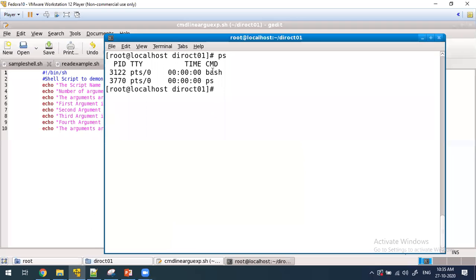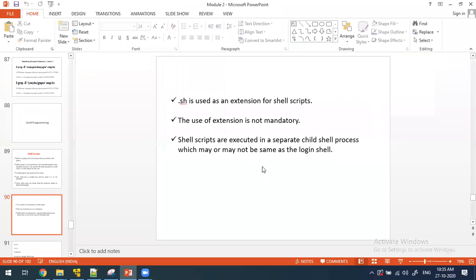It is a bash shell which is running in my system. The shell name is bash. In the same way, there are many other types of shells. This shell is going to execute the shell script, and it runs as a separate child process.